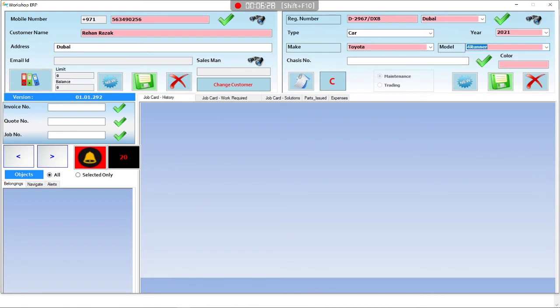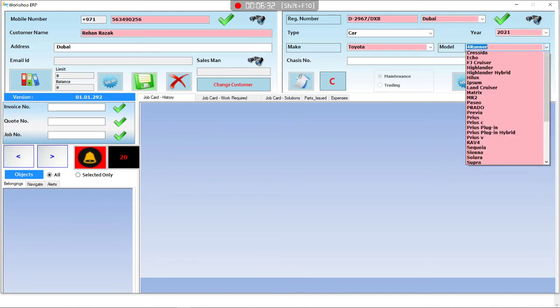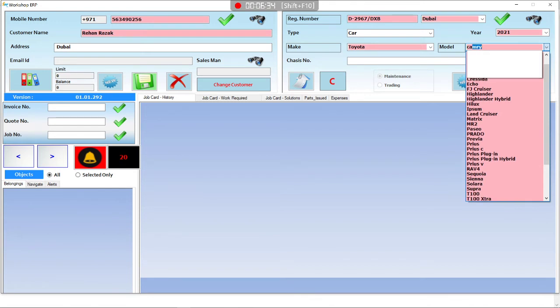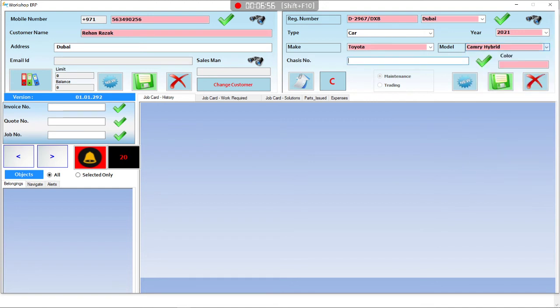And now we are going to select Camry. How to select Camry? First click here, then type CAM. So all the Camry hybrid, Solara, Camry, everything came. We need the first option. Click this down arrow mark, or on the keyboard press the down arrow. See this? Then once you select, if you want to select hybrid, no issues, select this one and tab. It will come to another place, and this is the chassis number.